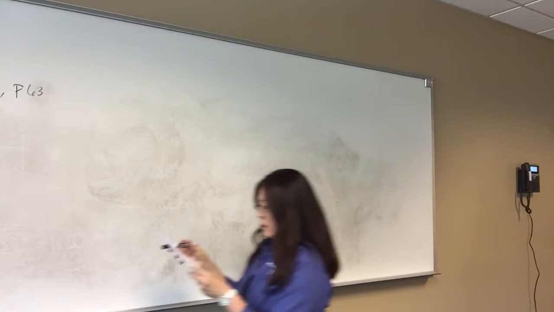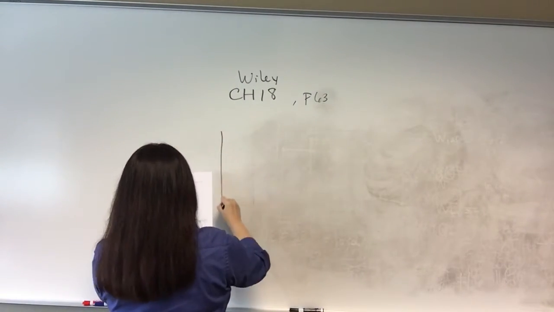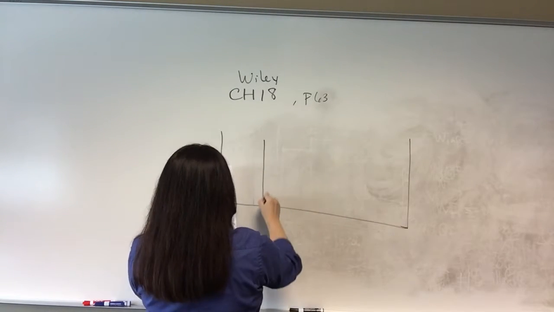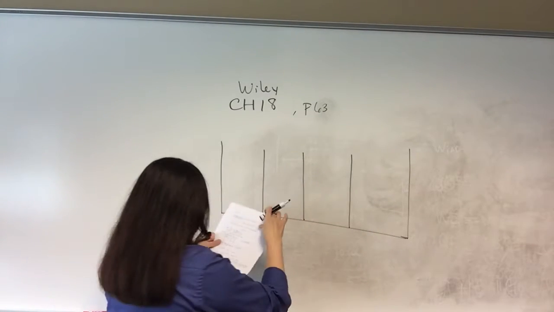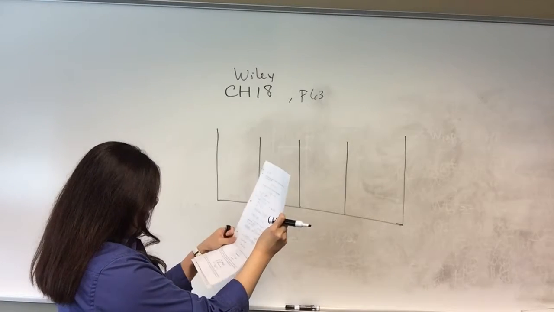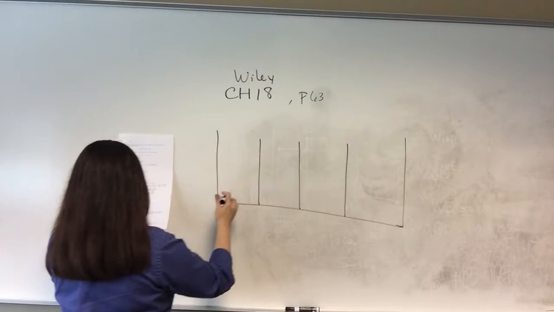Alright, let's see. Let me draw the diagram first. So you have the diagram like this. 1, 2. Alright, so 63. This figure shows in a cross section a wall consisting of 4 layers with thermal